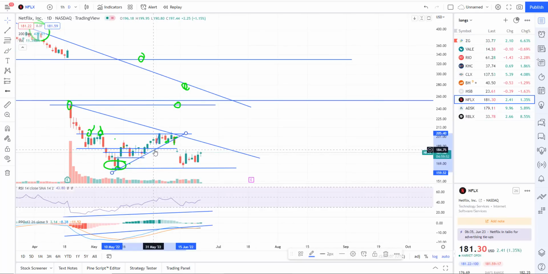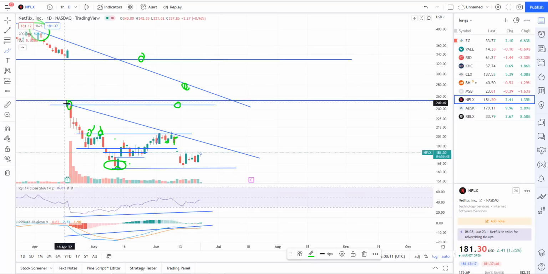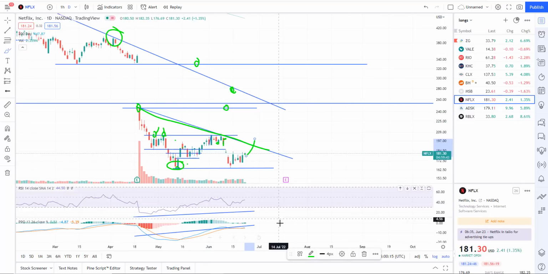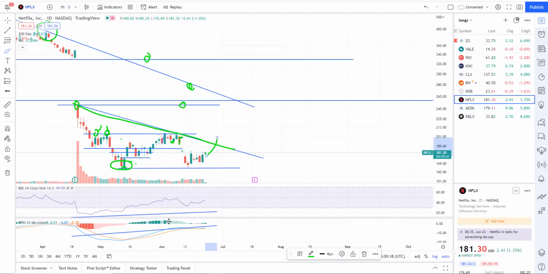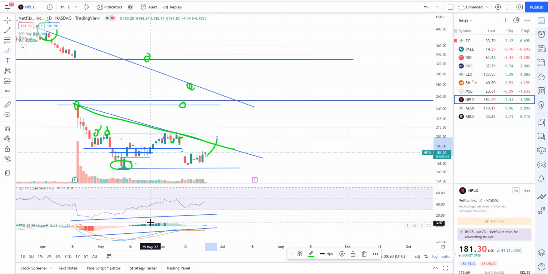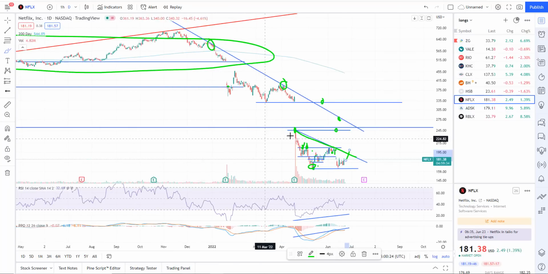I'm not long this one yet because really I need to see it break out, and I'm looking for a break above this downtrend line right there. So some sort of breakout above there should be our buy signal. Again, we have bullish divergence. It's been building on the momentum, on both momentum indicators for a while. So I think if we get that buy signal, we should be able to